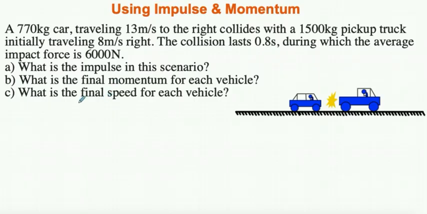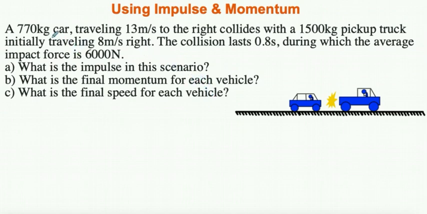So now we have two cars traveling. We have a 770 kilogram car and a 1500 kilogram pickup truck. We got the car that's going 13 meters per second. So this is a collision scenario. Okay, the collision lasts 0.8 seconds, during which the impact force is 6,000 newtons. Okay, so what's the impulse in the scenario, and what's the final momentum for each vehicle? What is the final speed for each vehicle? Okay,